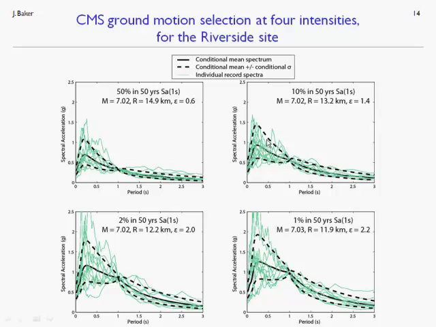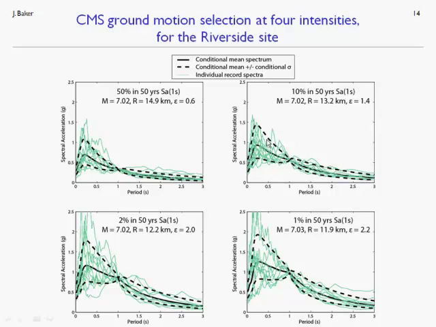We could compute that conditional mean spectrum, shown in black, and then select ground motions to match the mean and standard deviation of that spectrum. Top right, we see the 10% and 50-year spectral acceleration, a little bit higher amplitude. The lower left, we see the 2% and 50-year spectral acceleration at 1 second. That's the case we were looking at just a moment ago. And then in the lower right, we have the 1% probability of exceedance in 50 years spectral acceleration at 1 second. In this case, we've got a magnitude 7, a distance of about 12 kilometers, and an epsilon of 2.2. And as you look from the